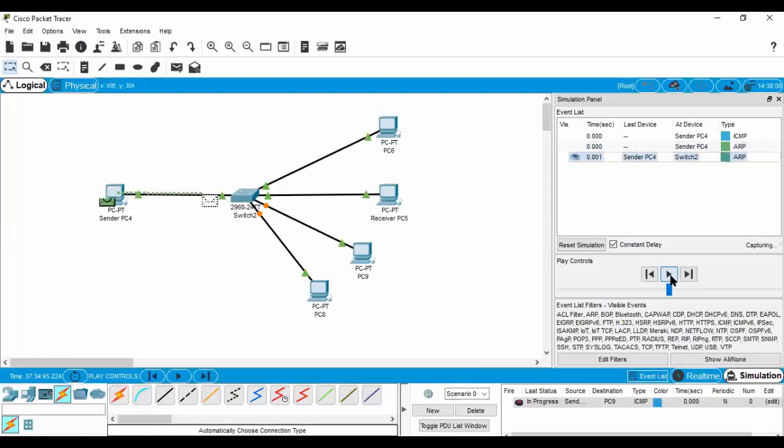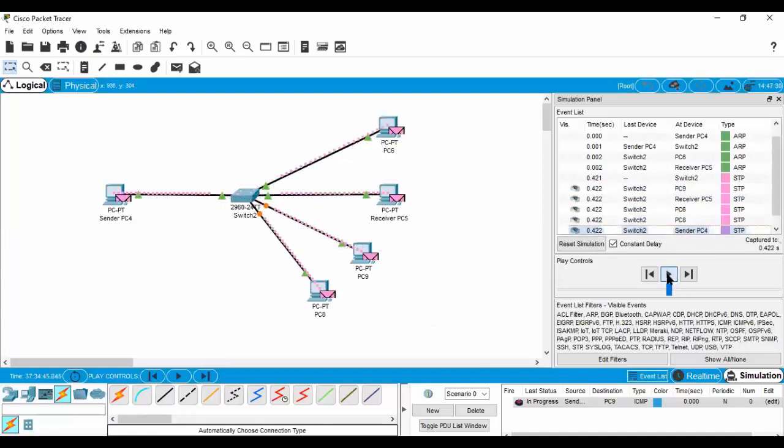Now you can see how this animation works. So here you can see, since this switch does not know the location, it performs broadcasting, and the first attempt fails because it does not know the location.